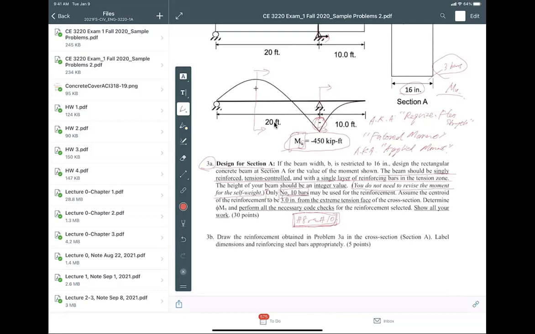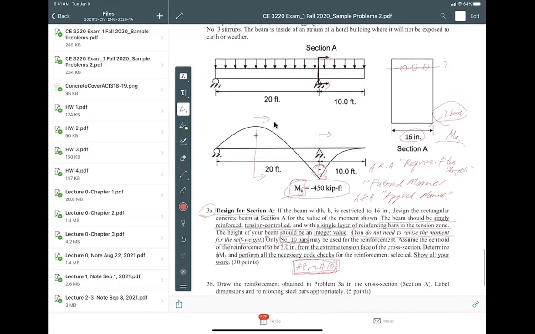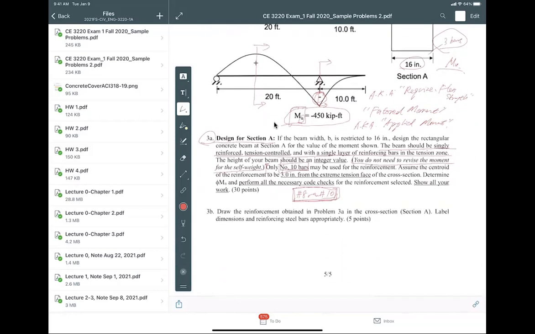Okay, so truth be told, in this exam, I may not tell you the bars, but I may be kind and tell you the number of bars. But don't guess, all right? Especially don't use table A5 in the detailed calculation. Do the whole thorough calculation, find out the minimum beam width and make sure you can fit the bars in, all right? So last time, 3B, draw the reinforcement obtained from problem 3 on the cross section A, label dimension